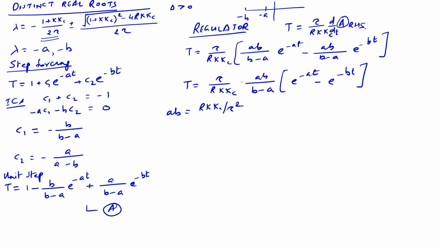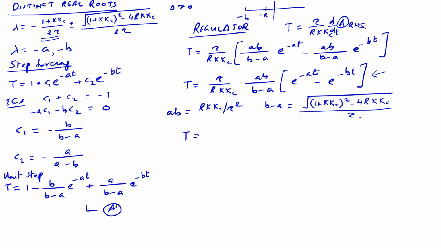And b minus a, this guy will cancel out and you'll be left with b minus a being square root of 1 plus kc whole square minus 4r kkc divided by tau. So you substitute these things into this guy, so hopefully what you'll get eventually is that T regulator is equal to,